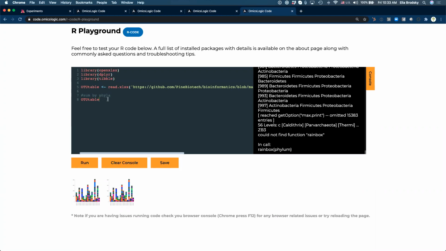Here we'll make a new data frame, which is going to be called OTU table group. What we'll do here is look at the OTU table, and we can group by OTU. We can use this expression like this to group by OTU.